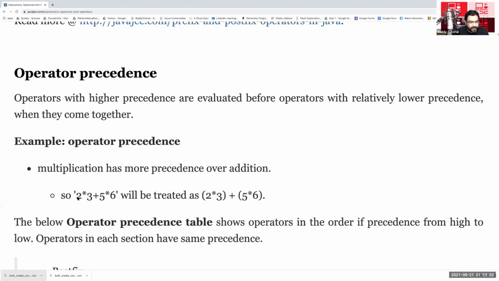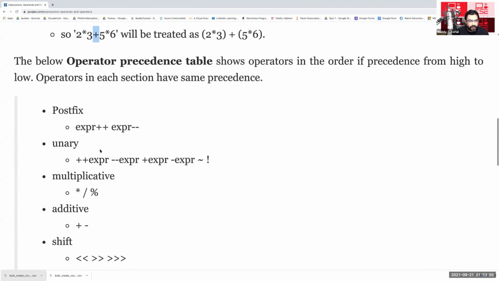Okay, and then operators have a precedence. Whenever you say 2*3+5*6, some operators have more precedence or importance, so Java will treat this as (2*3)+(5*6). The multiplication operator, this star, has precedence over the plus operator.